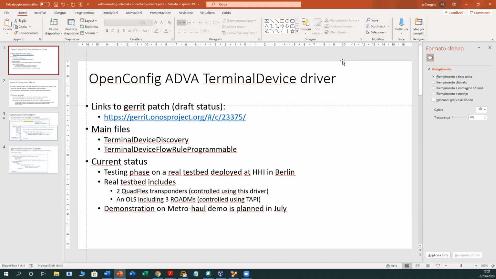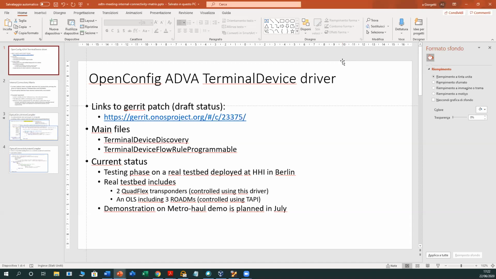Yes. Thank you, Andrea. Essentially we faced this problem developing this driver because for the first time we tried to establish intents using a real commercial transponder with many client ports, many line ports, and many slots, so many active transponders in the same node. Since ONOS essentially is seeing a single node,